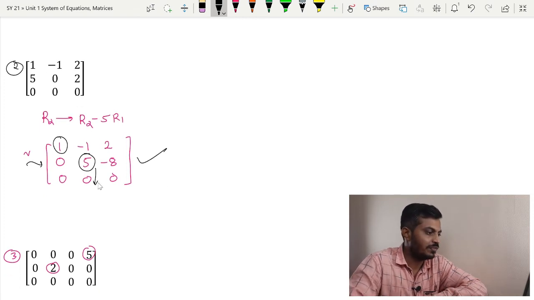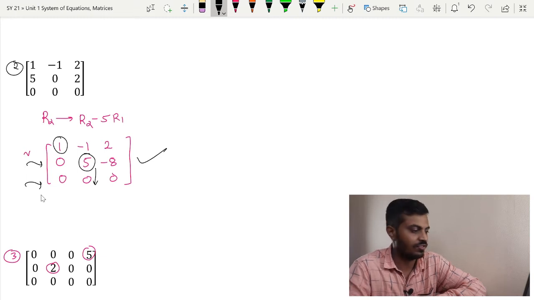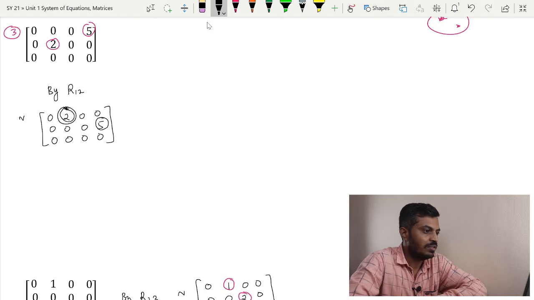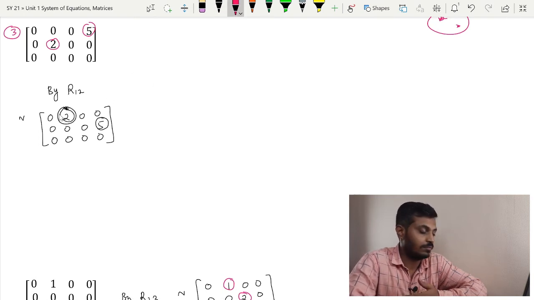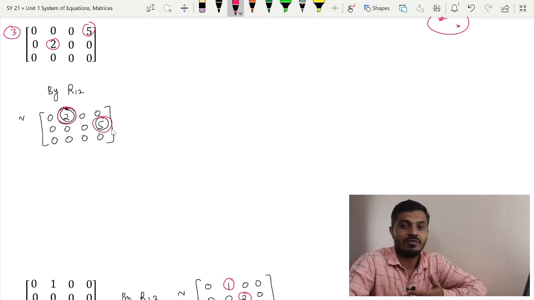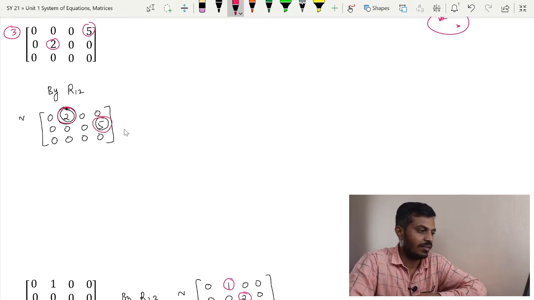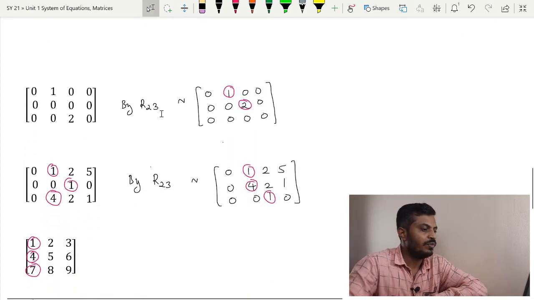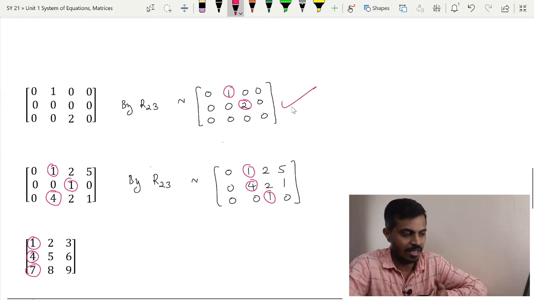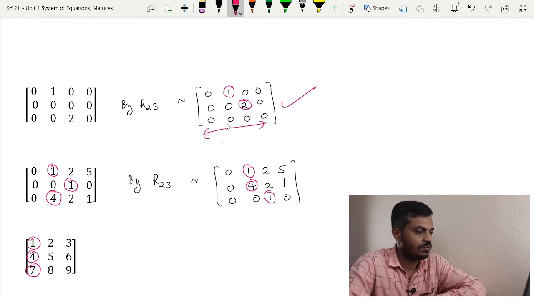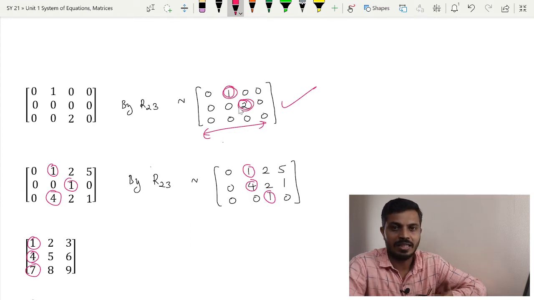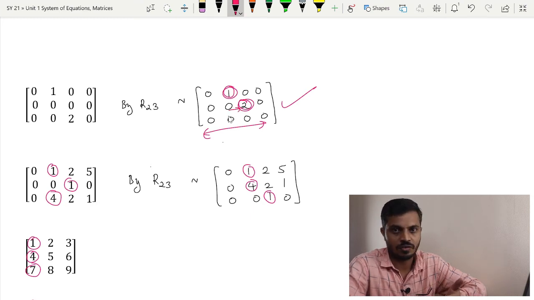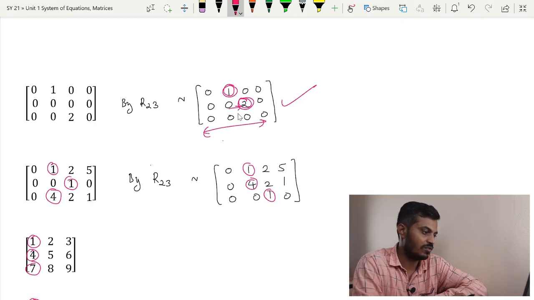Beautiful, right? Because if you focus on the third row, it doesn't have a leading coefficient. Moving towards the next example, if you observe it carefully, the two conditions of the row echelon form are already satisfied. Therefore it is in echelon form, so no need of doing anything for this example. Moving towards the next example, the same thing here as well. All the 0 rows are collected at the bottom, and you can see the leading coefficient of each non-zero row is on the right hand side of the leading coefficient of the previous row. So that condition is also satisfied.